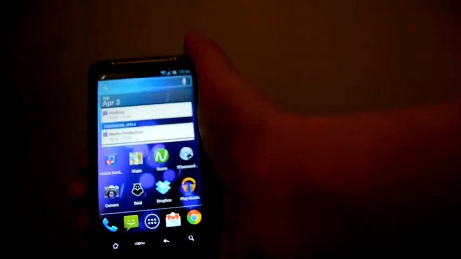Another cool thing is if you have an app here, like let's say Photoshop, you can hold it on top of another one, and we have a folder. I don't want that. And yeah,